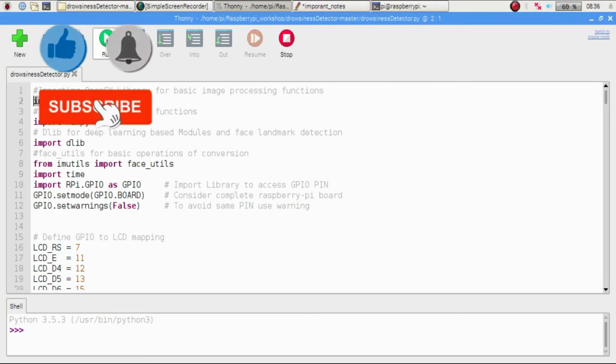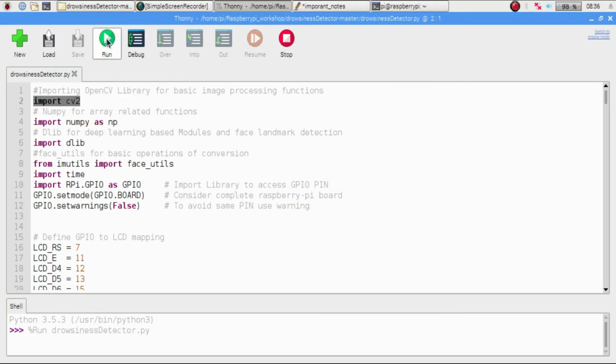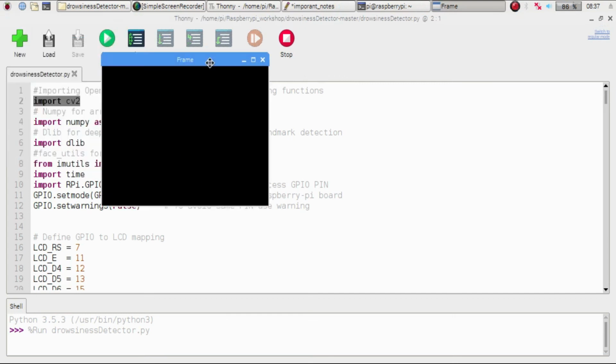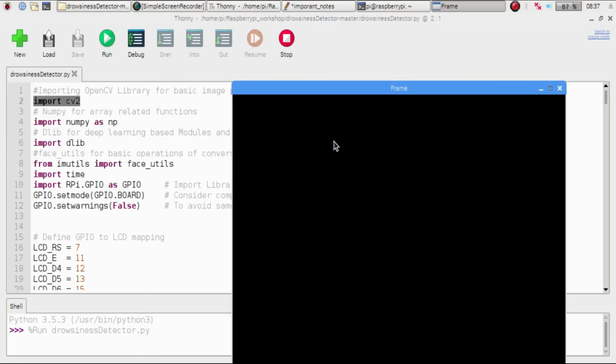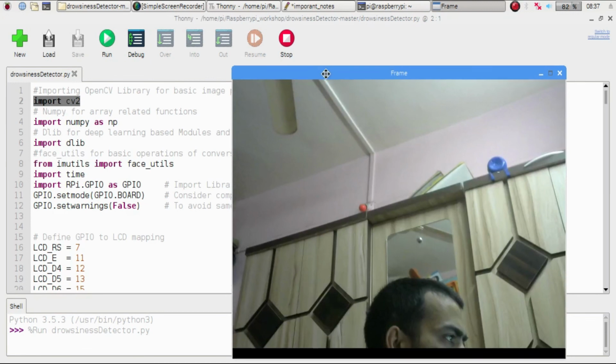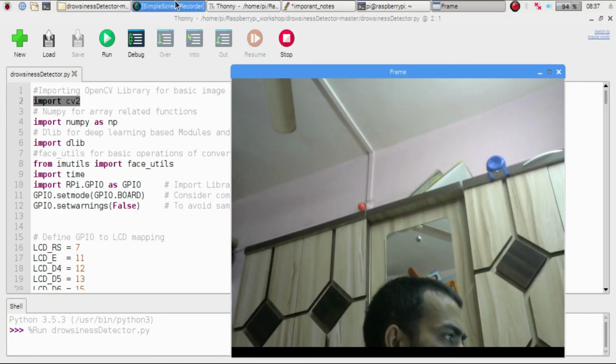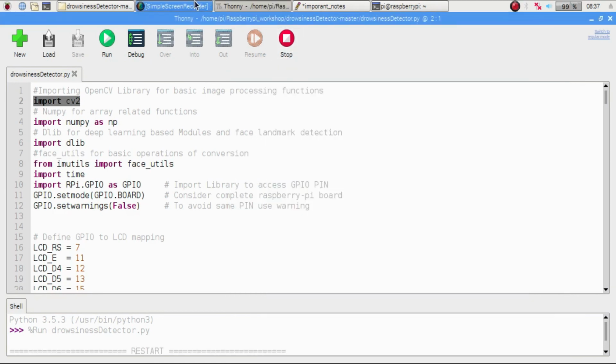Okay, so once you install these libraries, open this project and just click on this run button. Once you click on the run button, wait for 1 to 2 minutes so that the Raspberry Pi can start your camera, and once the camera starts, you will see the camera window here, and in this way you can run your project. So you can see the camera is open now, that means my project started working. So in this way you can open your project and start working on it.